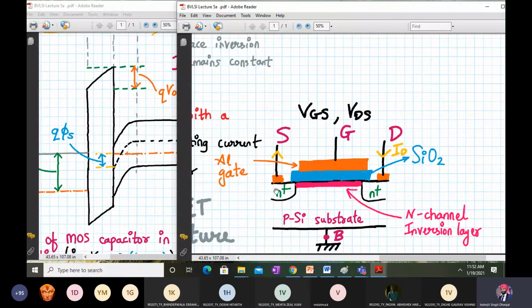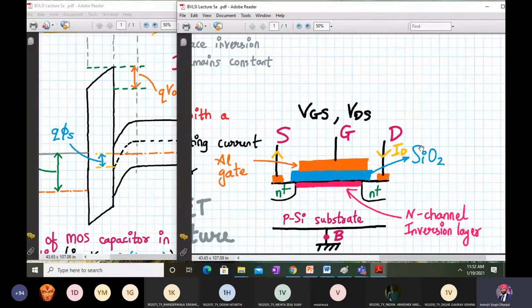That means the electrons start flowing from the source, because it is called the source terminal as it is the source of carriers. The electrons go from the source terminal, through the channel, and reach the drain terminal where the carriers are drained out. Hence the name drain terminal. But the conventional current flows from the drain to the source, because the conventional current direction is opposite to the direction of flow of electrons. So this is how the MOSFET principle works. That's how the MOSFET works.